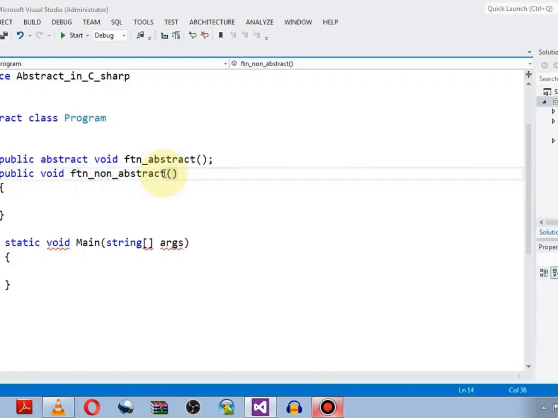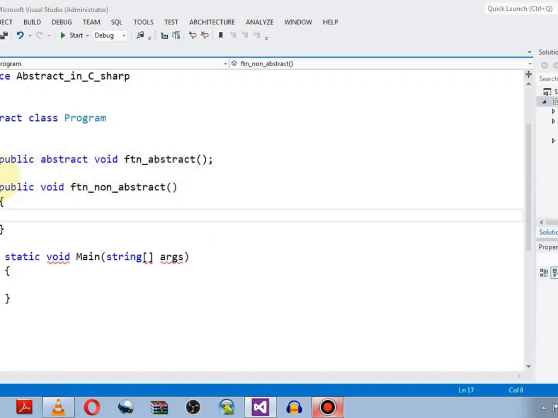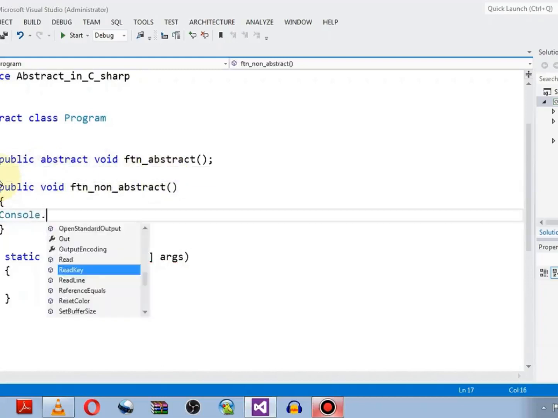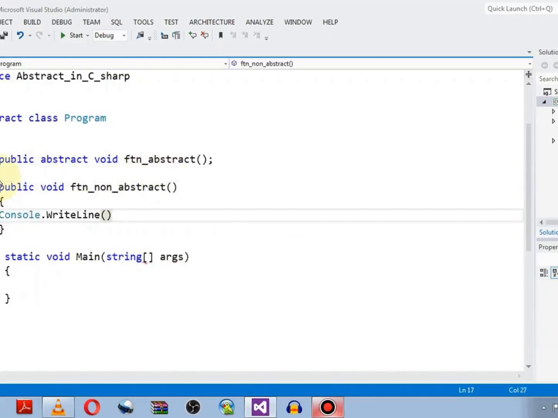So I have just defined this method, and let's print some message, Console.WriteLine, and give it a simple message: this is non-abstract method.